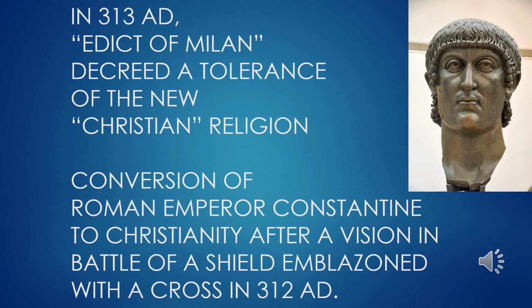Here we see an image of Constantine I, or now called Saint Constantine. He was a Roman emperor from 306 to 337 AD, and he won civil wars against other emperors vying for power, Maxentius and Licinius, to emerge as the sole ruler of both the Eastern and Western Roman Empire. He's significant because he had a vision during one of his battles. He saw a vision of a shield with a cross on it in 312, and he thought it was a sign from God to convert to Christianity, to this new faith.